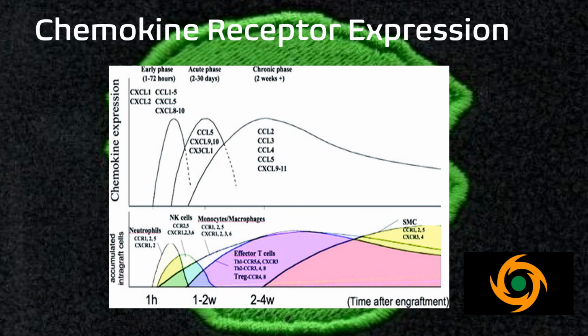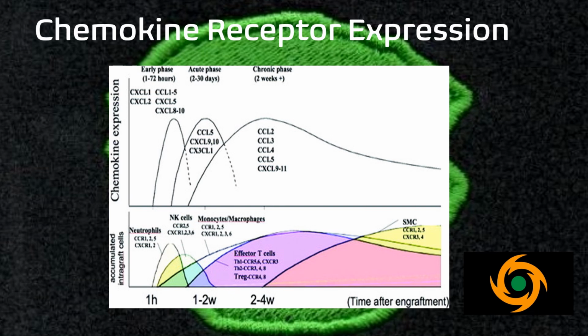in line with transplantation, you have different varying cells. So, for example, neutrophils, natural killer cells, monocytes, and macrophages, and effector T cells. And at 1 hour, at the bottom part of the figure, there are the neutrophils. With the neutrophils, you have CXCR1, 2, and 5, and you have CXCR1 and 2 at 1 hour post transplant,